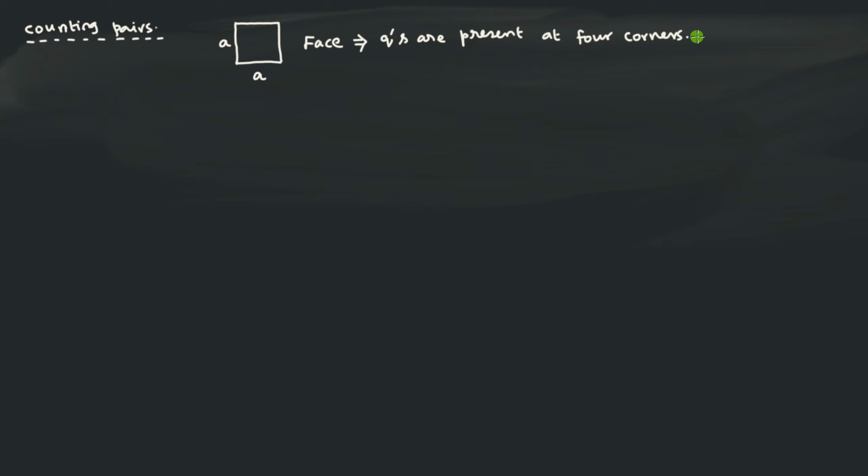Remember that we have a cube. A cube will have 8 corners, but let it be there. In order to get the total count, we have to do it one by one. We cannot consider all the things together. So first of all, let us consider one face. How many faces are there? That we will do later. First of all, consider one face. Let us take the front face. Then you can easily identify where the charges are present. The charges are present at the corners.